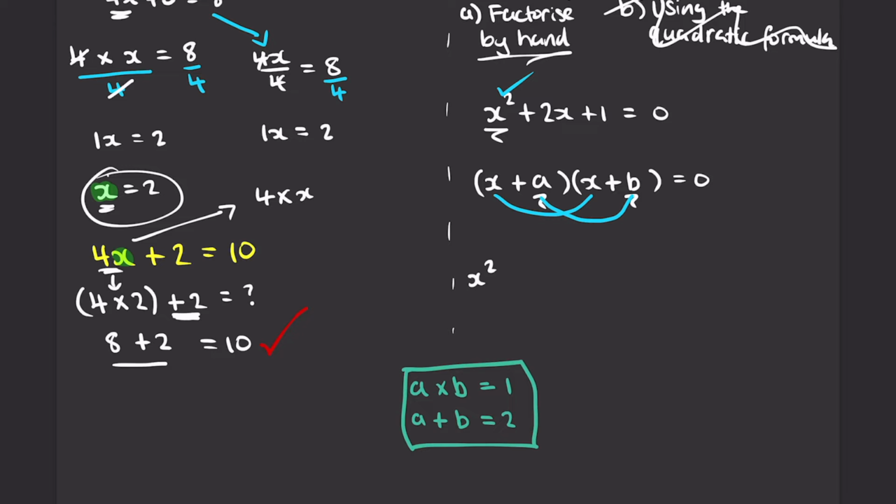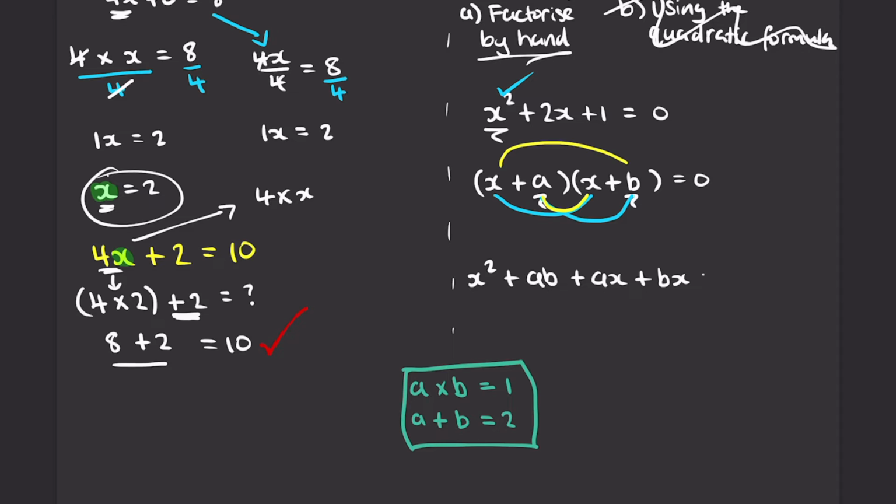And then we've got a multiplied by x, so we have plus ax, and then x multiplied by b over here, so we have plus